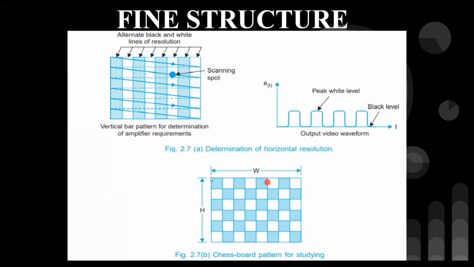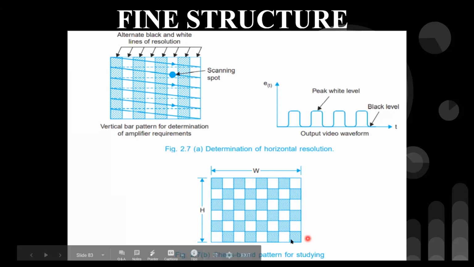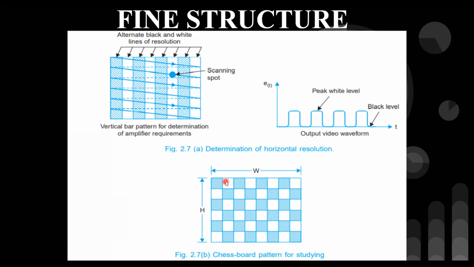So in our regular lifestyle, these alternate black and white cells or checks are implemented regularly in our playing chessboard. And if you consider the playing chessboard, for example, if this is the TV raster screen, the width to height ratio is equal to 4 by 3. So width to height 4 by 3 is indicated on this picture, where successive transmission of white and black cells is implemented. So this is white, black, white, black, white, black, white, black, white. So likewise, the black and white cells are implemented as on screen.